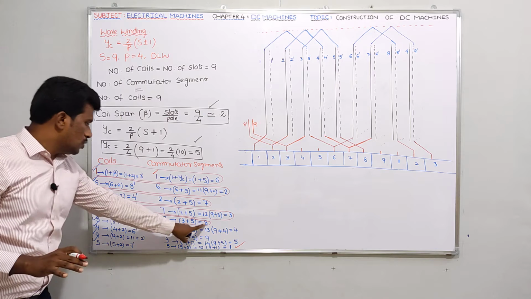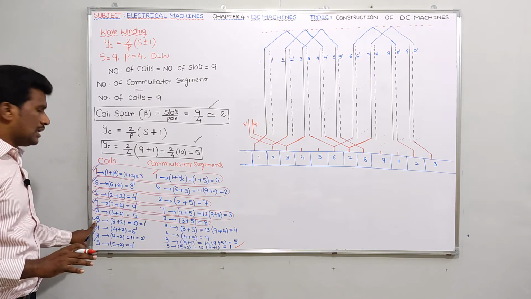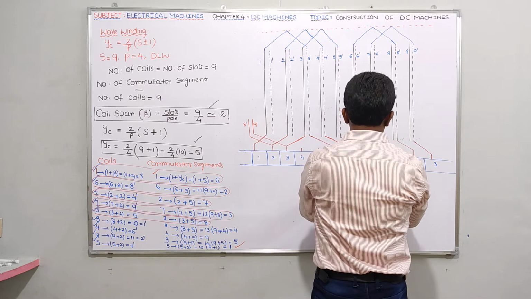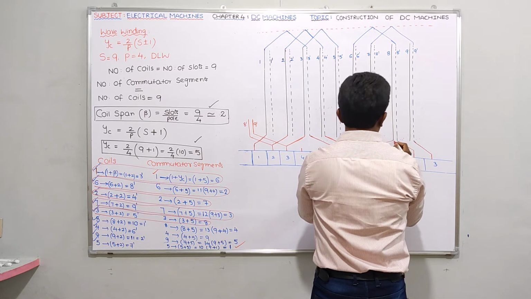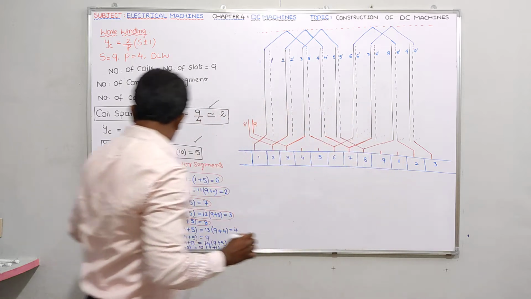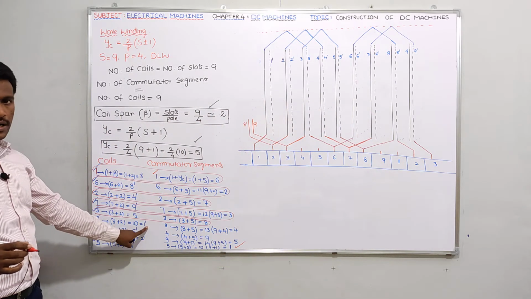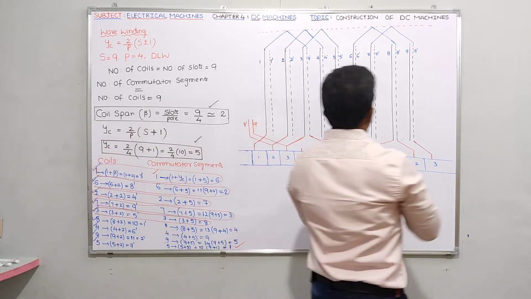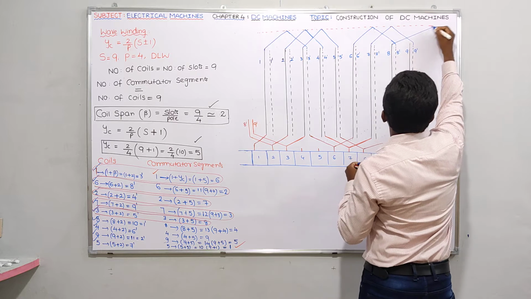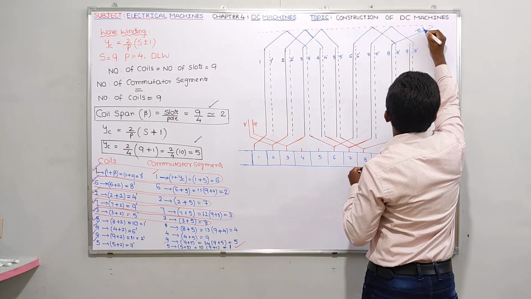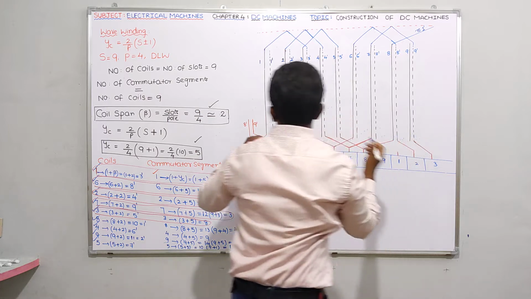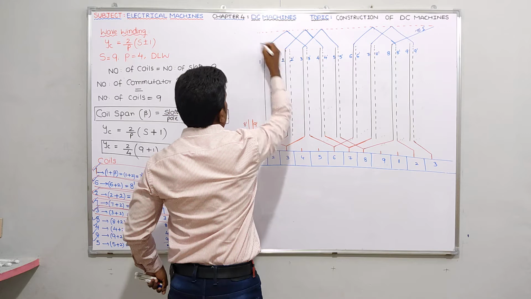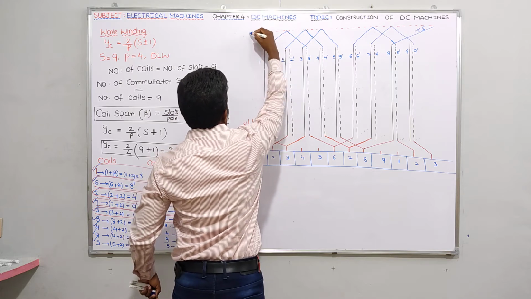Okay. Now tell me, to this 8th segment, the 8th conductor will be connected. Yes, this is the 8th conductor. The 8th conductor will be connected to the 8th segment. And in this 8 1 dash coil, it starts from 8 and should go to 1 dash. 1 dash means, guys, let me try: from 8 it is going to 1 dash. Here is the 1 dash. So let me draw like this.